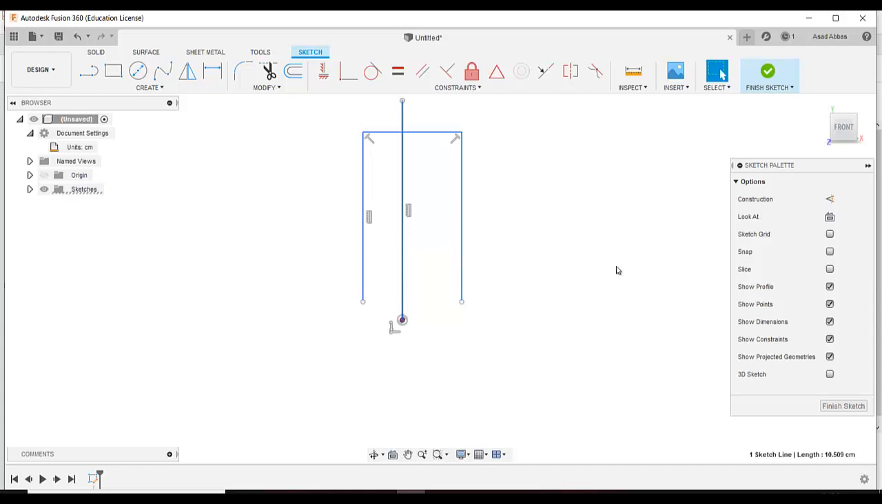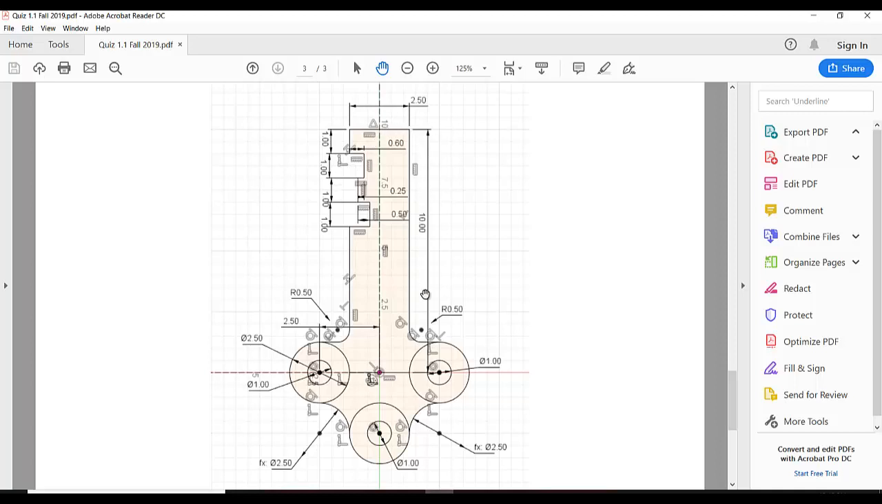Now, we just need this line for construction. So I am going to select this line and then select construction. It will convert this line into a dotted line. This line is just for our reference. And next, we need to see the dimensions. From here to here, this vertical dimension is 2.5, and the dimension from the origin to this line is 10 centimeters. As you see, different constraints are also showing in that drawing. Here is a constraint, this small rectangle, telling us that this line is at the midpoint of that